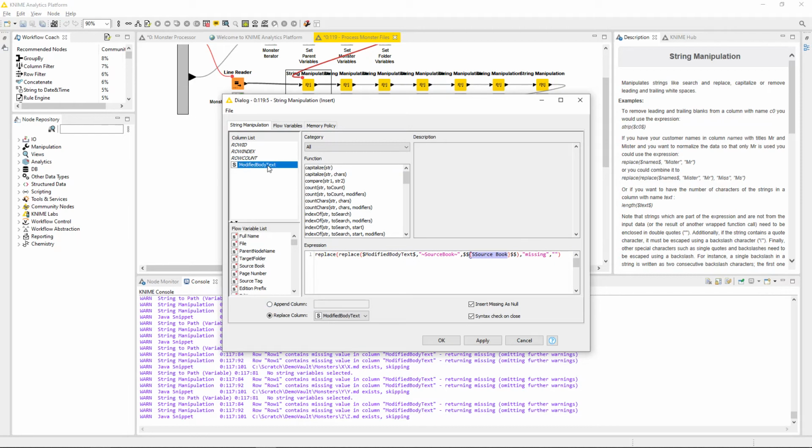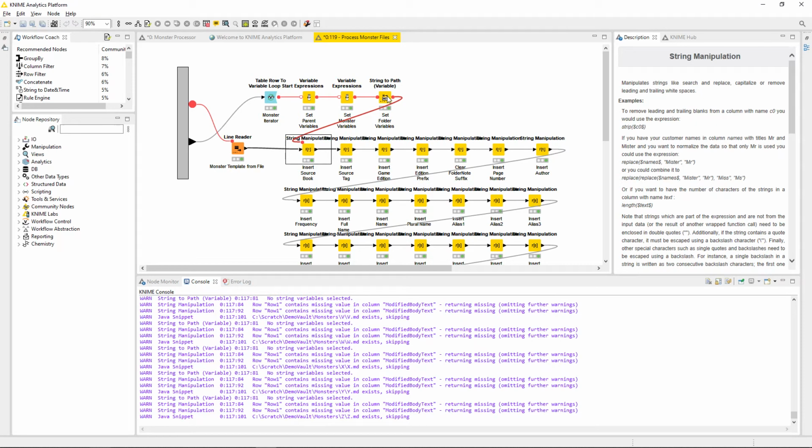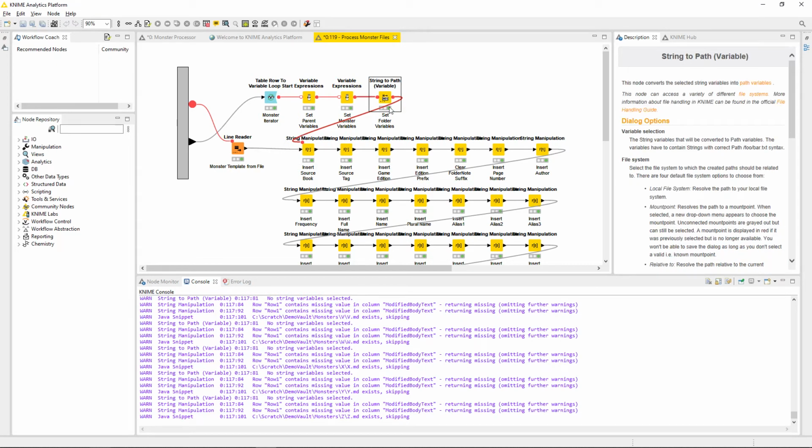So we look for this guy right here. In that row, we look for a particular value. We replace it with what's down in here. And so it builds up over time. So if we look at the results of this node before we go in there after our variables are set,